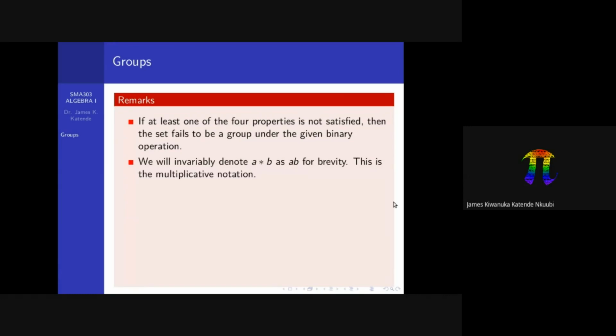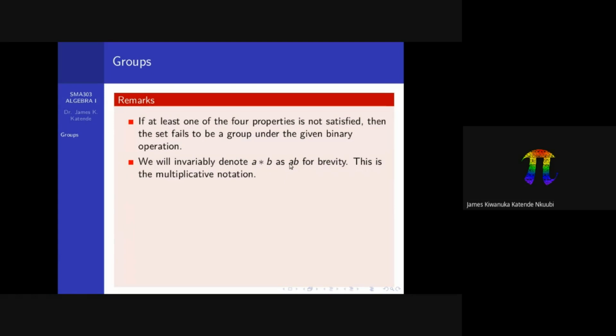So for the sake of convenience, many times we will ignore this symbol for the binary operation. Instead of writing A star B, we shall just write this as AB for brevity. This notation AB is what we call the multiplicative notation. So you can write a binary operation multiplicatively